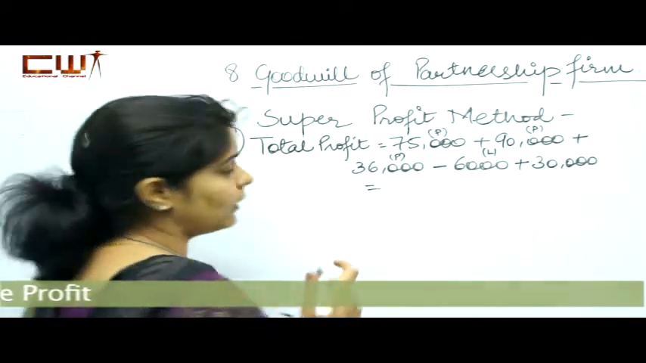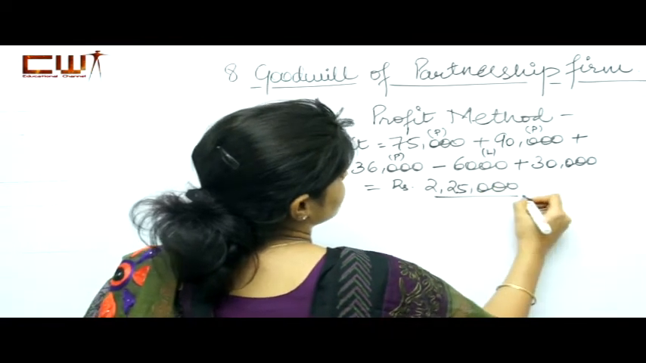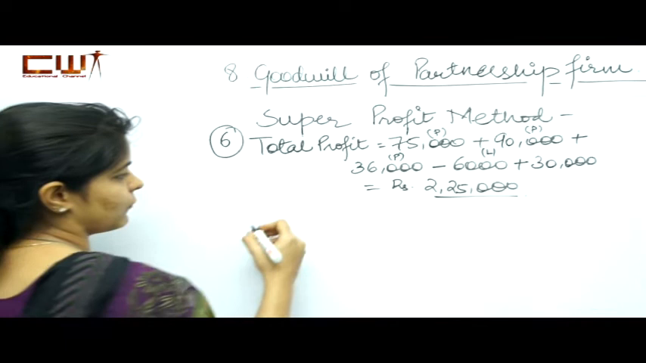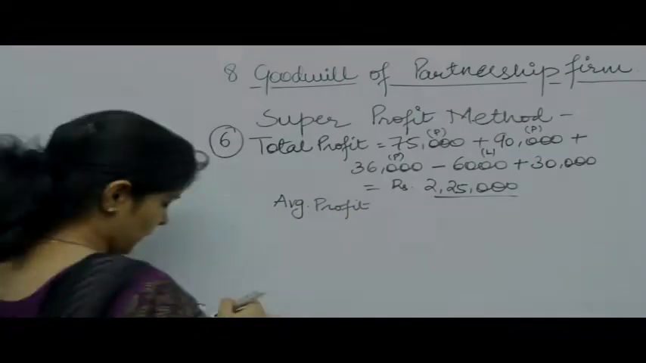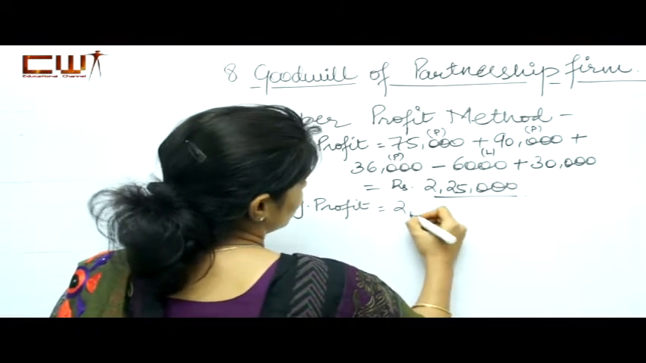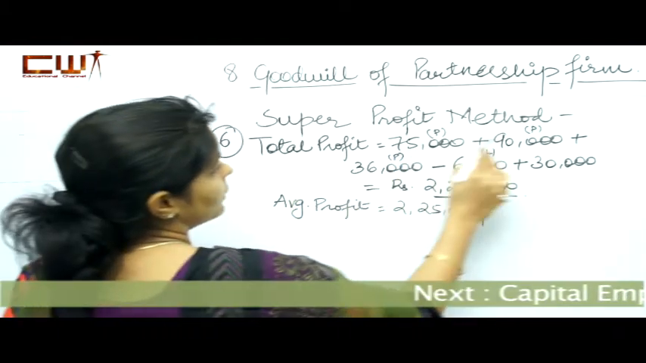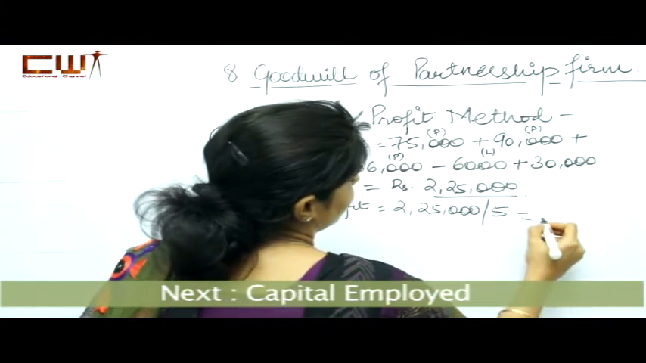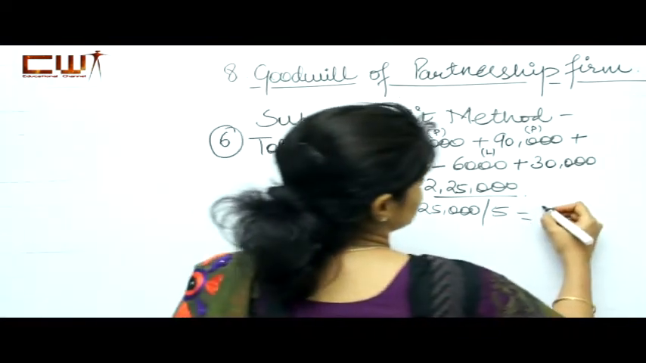You'll find out the total profit, which comes out to be 2,25,000. This is the total profit earned by the firm. Next step is finding out the average profit for the firm. Total profits divided by number of years. What is the total profit? 2,25,000 divided by how many years? 1, 2, 3, 4, 5. Divided by 5. 2,25,000 divided by 5 will give you